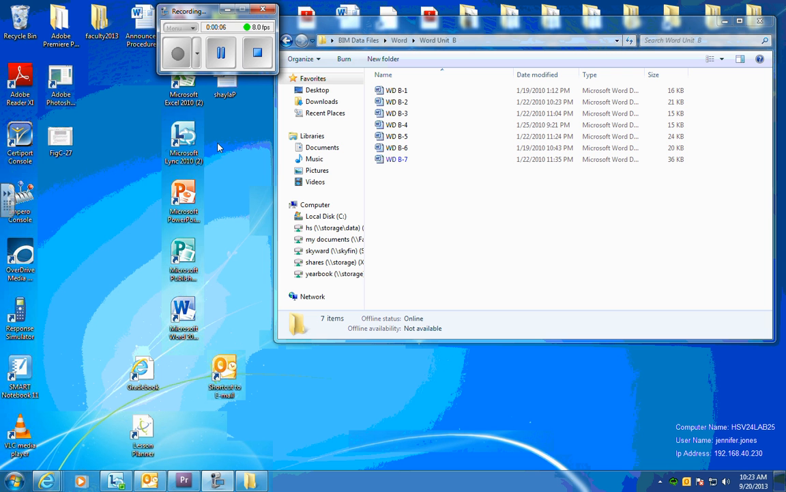In Unit B, editing documents, we are going to learn to cut and paste text, copy and paste, and the difference between cut and copy. Using the Office clipboard, finding and replacing, spell checking, adding hyperlinks. We're going to start with